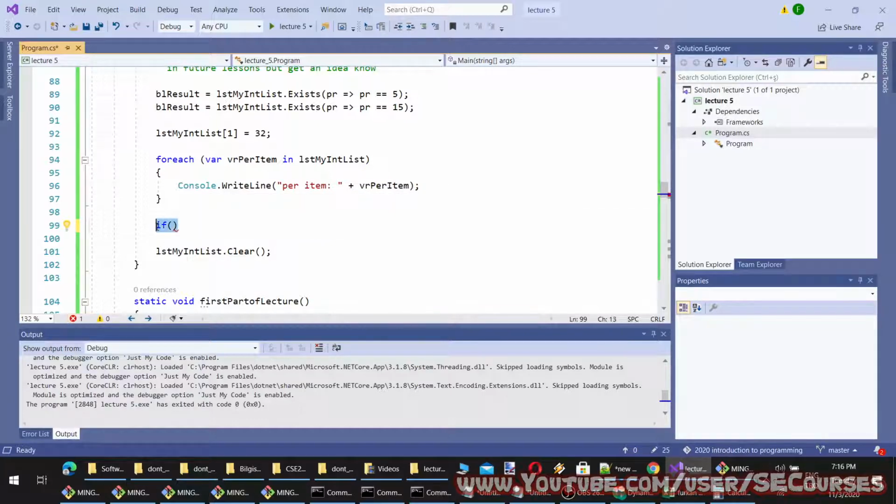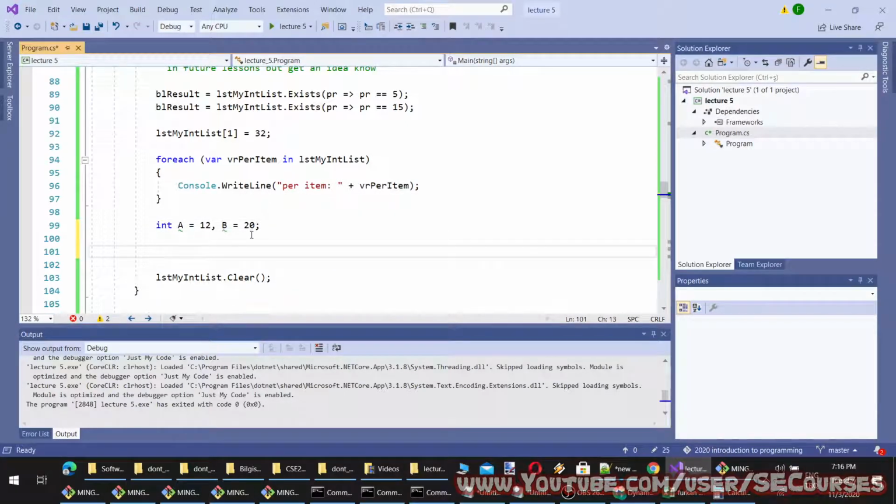For example, let's say I have two numbers, int a equal to 12 and b equal to 20. So I can compare them in the following ways. Okay, if a equal to b. By the way, this is case sensitive, therefore you have to write exactly as it is.